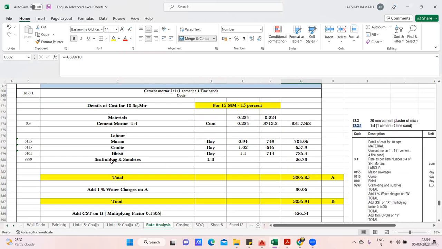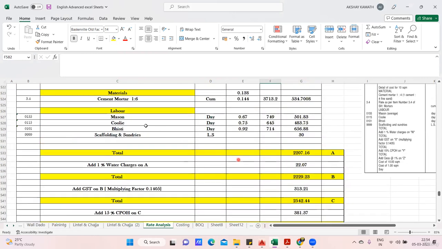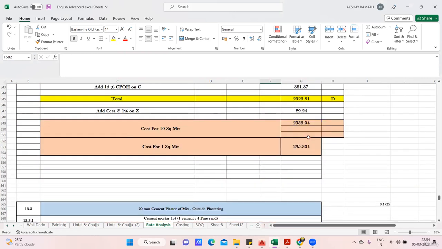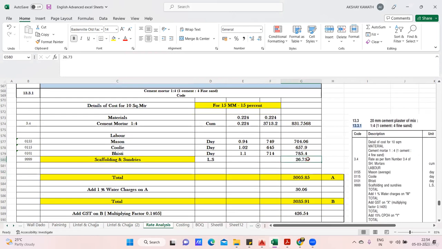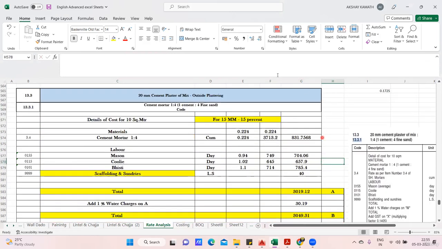Also you come to the scaffolding part. In the outside plastering, you can add the scaffolding part a little higher. For example, in the inside we were putting some 30 rupees. Here you can go near about 35 or 40 rupees. The reason is that, see, outside plastering in the sense, for example, if this is